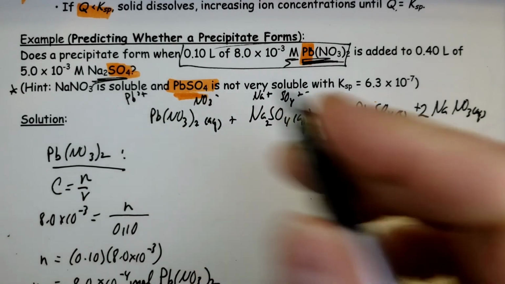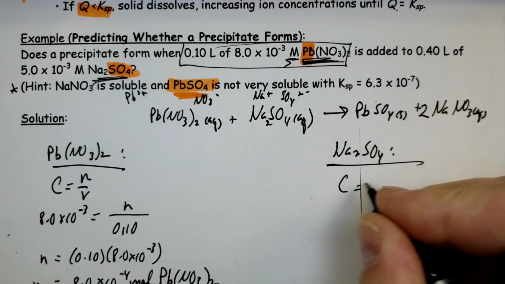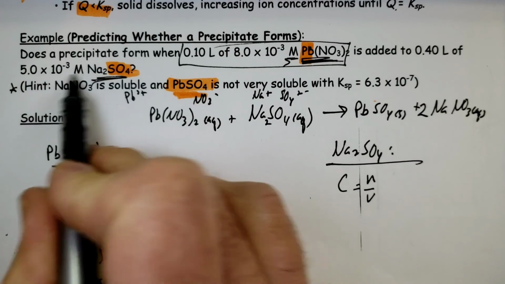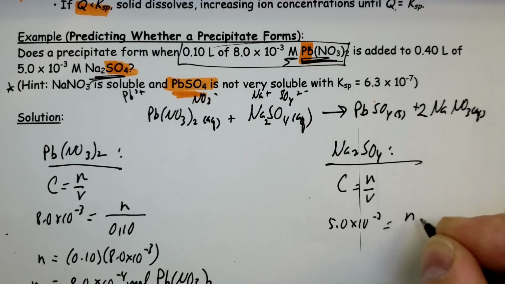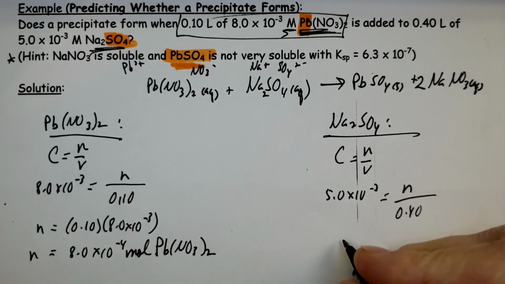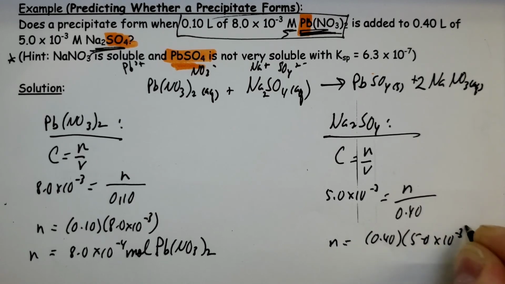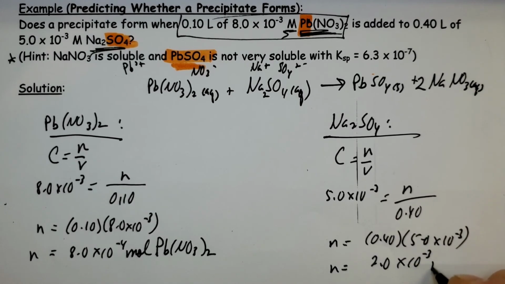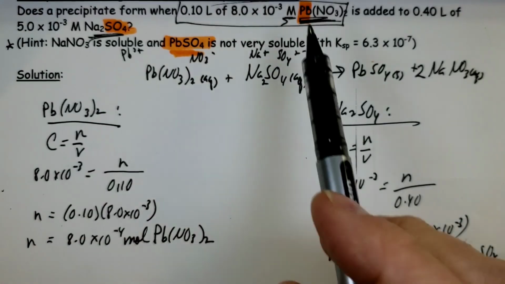Okay, I'm going to do the same thing with sodium sulfate. So C equals N over V. The concentration of sodium sulfate is 5 times 10 to the minus 3. My volume is 0.4 liters. You have to have that in liters. Multiply each side by 0.4. And N works out to be 2.0 times 10 to the minus 3 moles of sodium sulfate. Okay? So that's fine. I know how many moles of compounds I have,